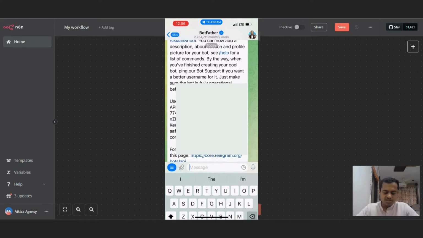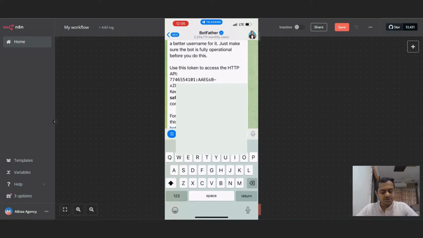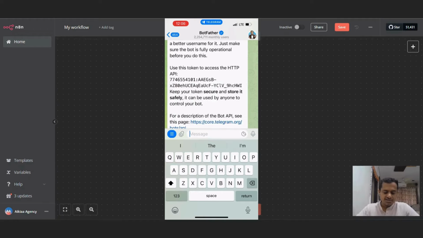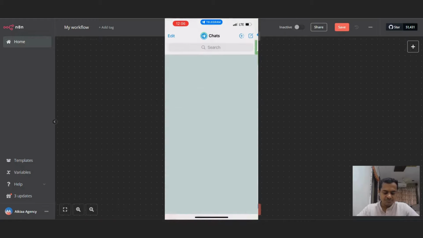So as you can see, it has generated a token, and it says use this token to access the HTTP API. So you need to copy this token, right from the 7746 till the end. So this is the token. You need to copy this and add it in your n8n. So let's jump to n8n. But before that, let's search if our